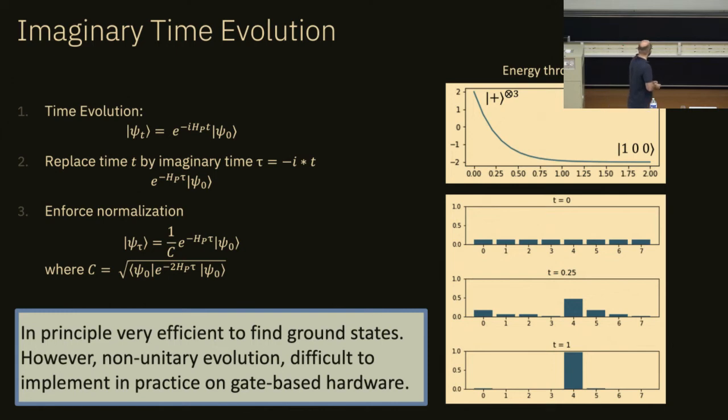The problem is it's a non-unitary evolution. That makes it pretty hard to implement on a quantum computer. So it's a very nice idea, but not so easy to actually apply. And this is not really surprising, because with that you can prepare Gibbs states, you can prepare ground states, and so on. So those are QMA hard problems. So if it would be too easy, then something would be wrong here. But there are nice ways to approximate it.